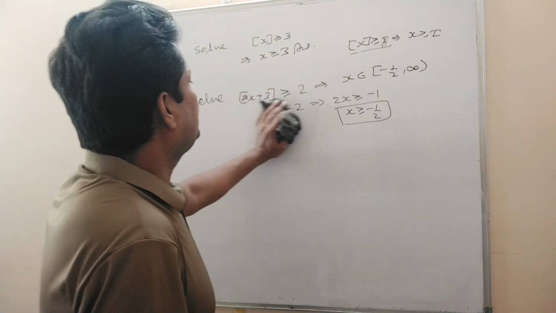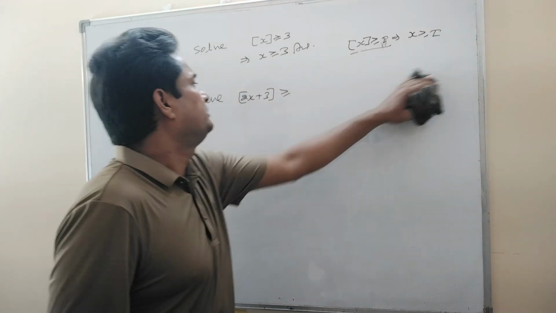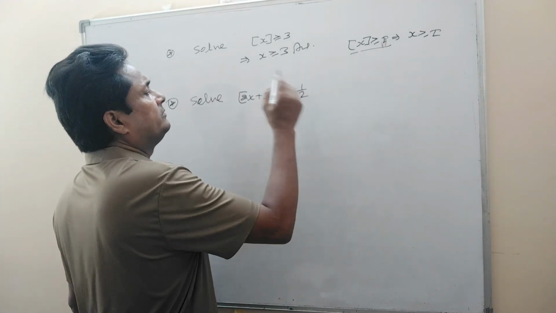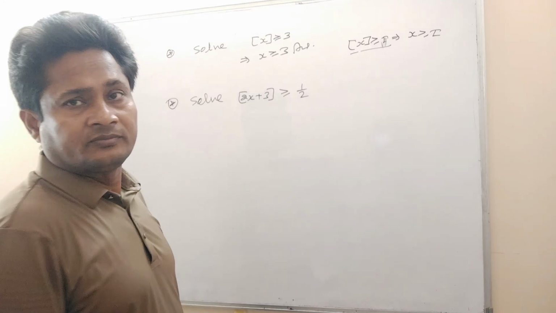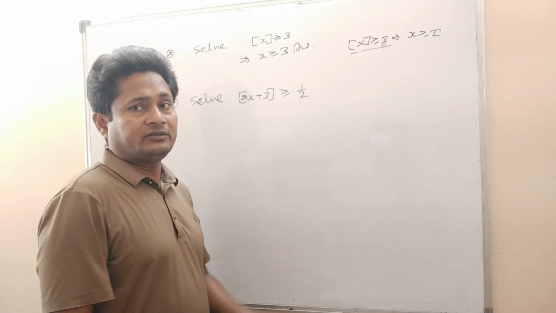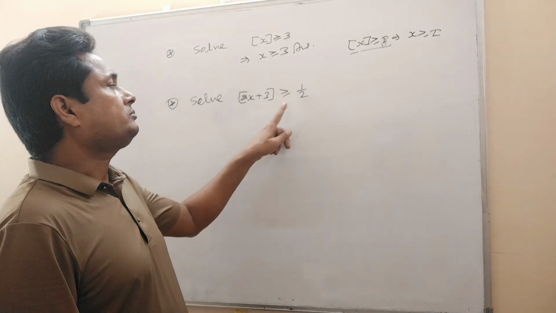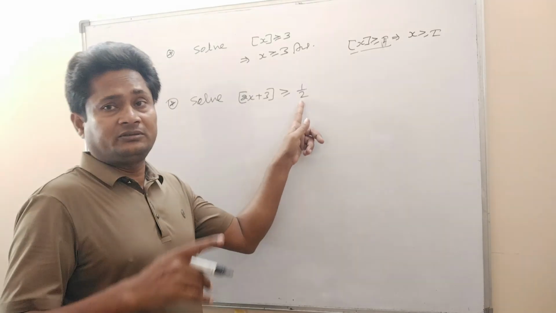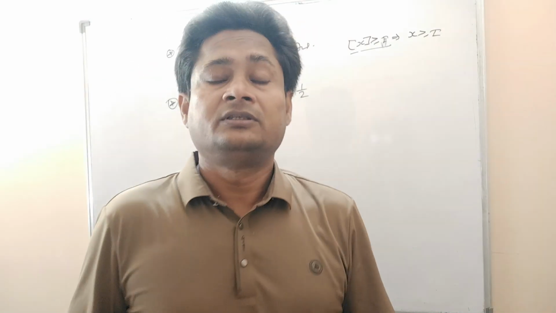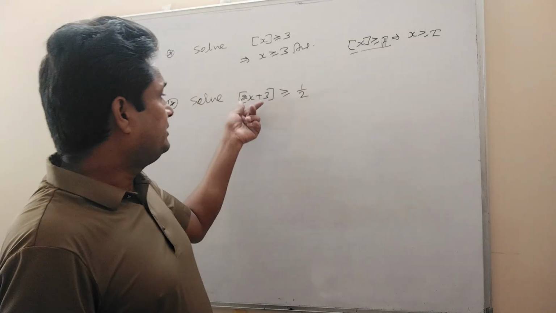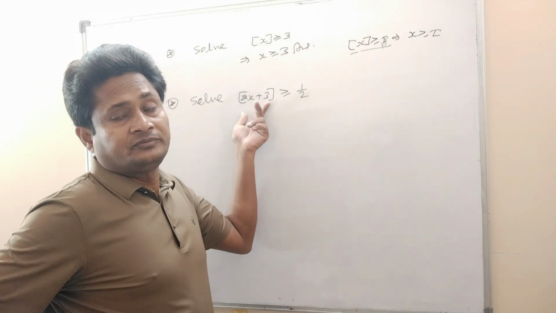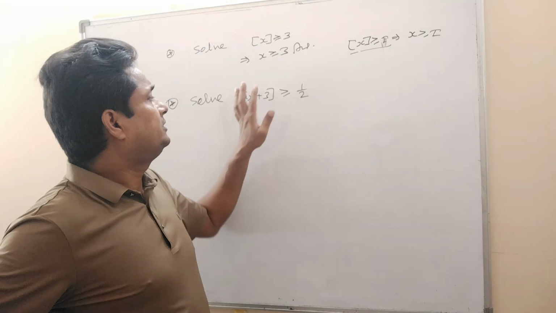Now how will you solve this? If I write here, let's say 1 by 2, then what will be your answer for this one? See here, this is not an integer. This is not an integer. And this value always gives an integer value, right? This value,